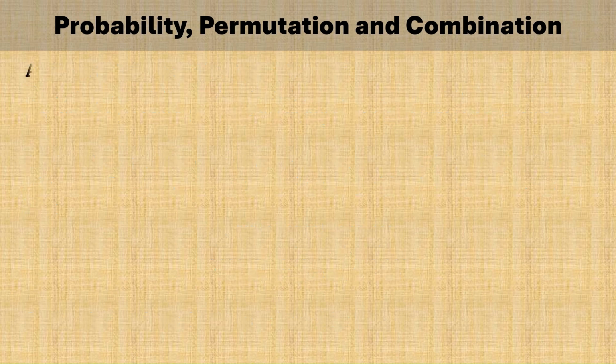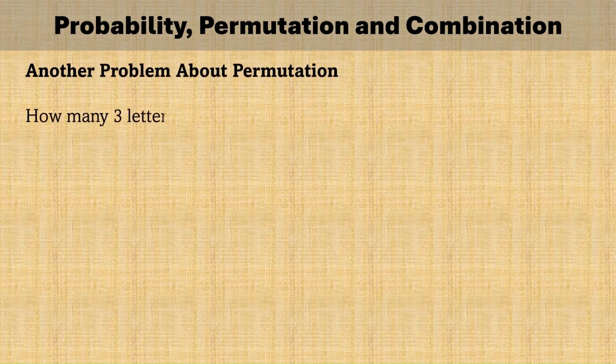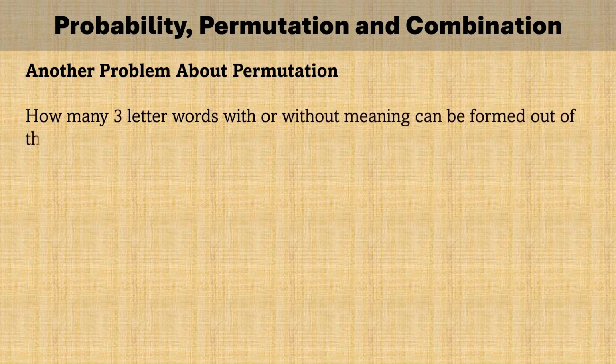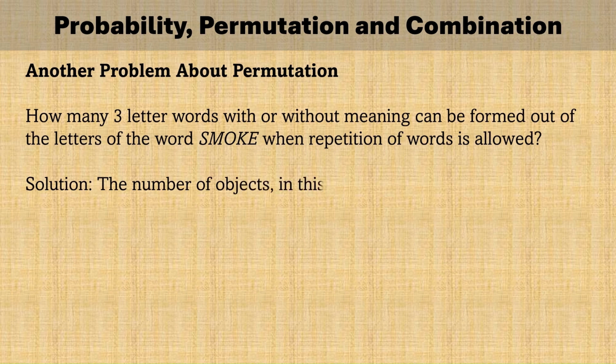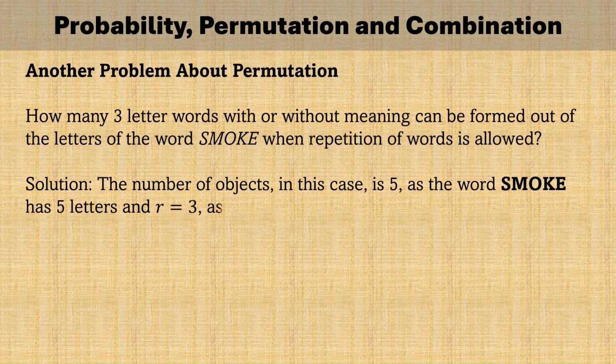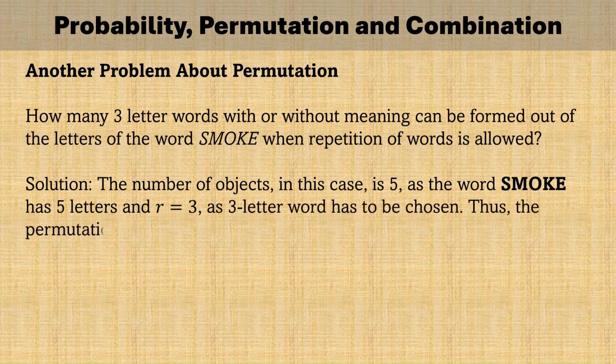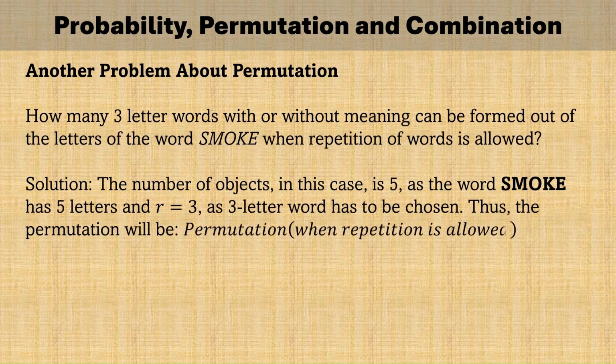Another problem about permutation. How many 3-letter words with or without meaning can be formed out of the letters of the word smoke when repetition of letters is allowed? Solution: the number of objects, in this case, is 5, as the word smoke has 5 letters and 3-letter words are to be formed. Thus, the permutation of the word smoke taken 3 letters at a time when repetition is allowed is 5 cubed, which is equal to